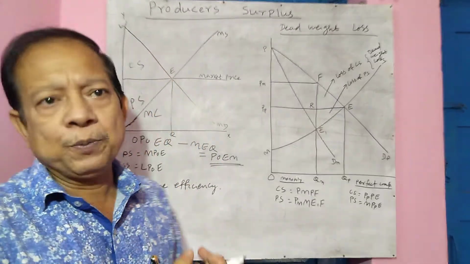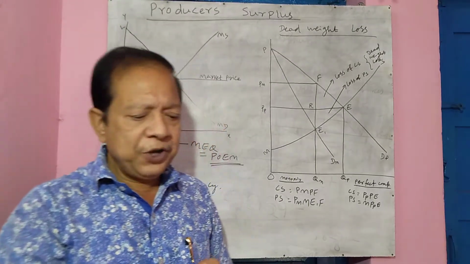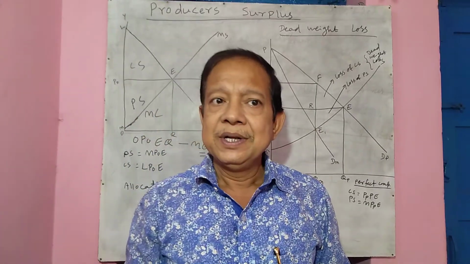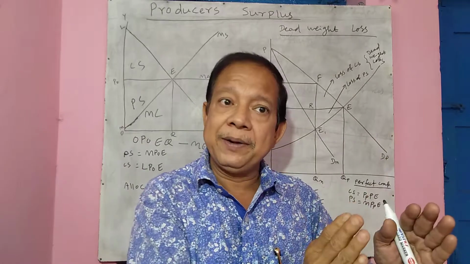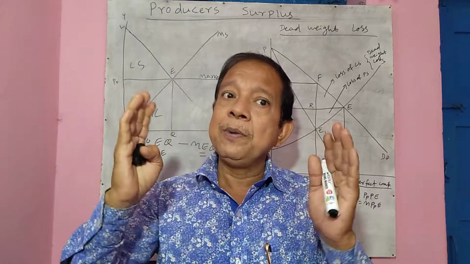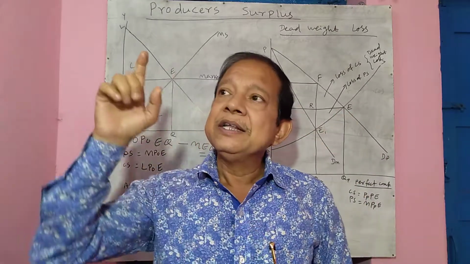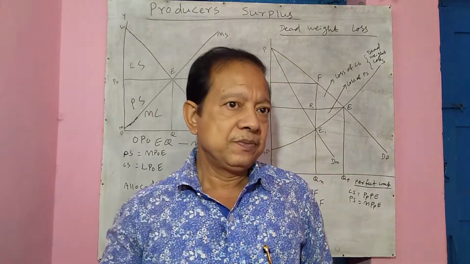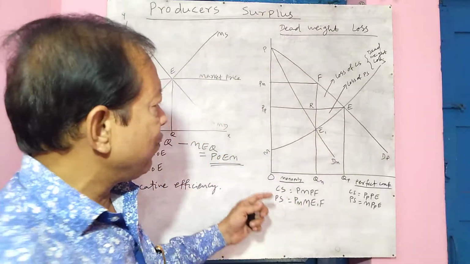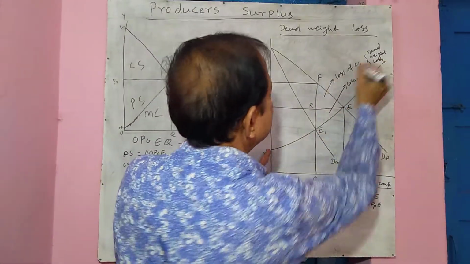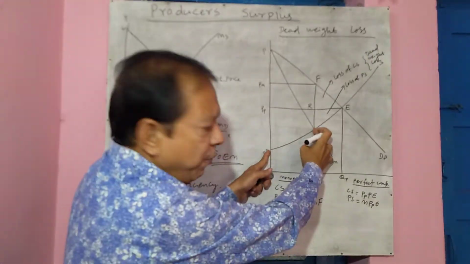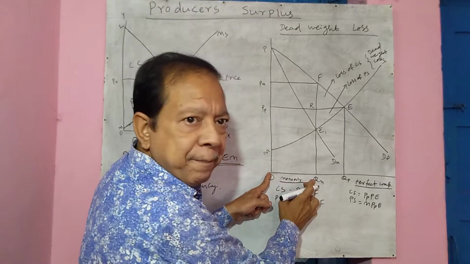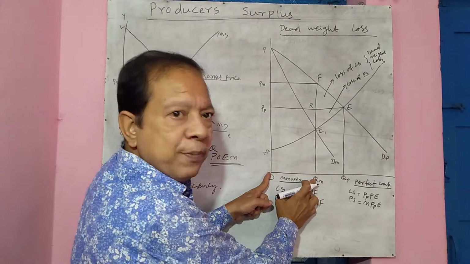Now let us talk of monopoly. Under monopoly, remember always, monopoly is such a market where there is only one seller. Therefore, he has complete control over the supply. Remember always, under monopoly, the output is smaller and price is higher than perfect competition. So here in the monopoly market, what happens? This is the supply curve and this is the demand curve meeting at this point. So now you see the total supply of the good is OQM. This is the quantity supplied under monopoly, QM.